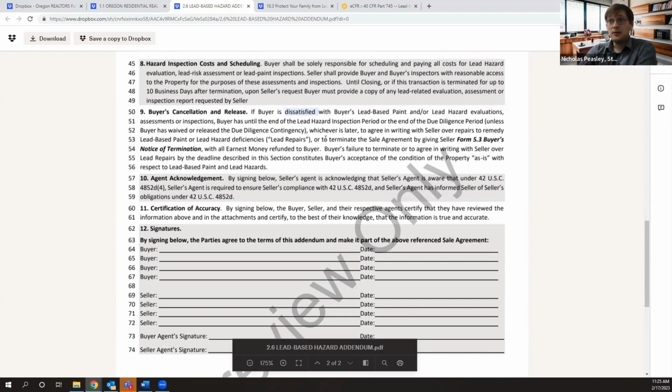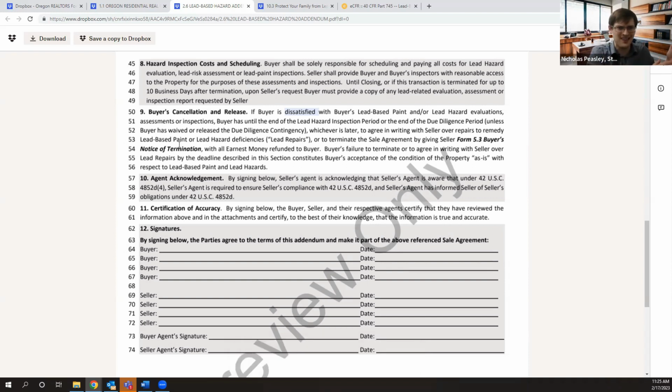So if you don't like it, if you're a buyer and you looked for lead and you found it, at that point you're allowed to end the contract. You have that right to end the lead hazard period, or you have until the end of the lead hazard inspection period, or until the end of the due diligence period, whichever is later, to agree to various repairs for these lead hazards. So if you take your 10 calendar day lead hazard inspection, it starts on a Saturday and